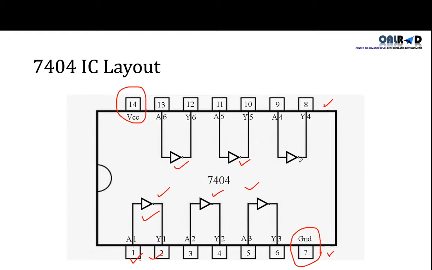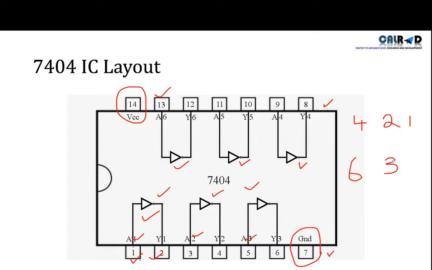While you remember for other ICs we can only perform 4 applications, because 2 pins are for input and 1 for output. But for the NOT gate we can perform 6 applications, because half is 3, this 1 2 3, these 3 and these 3.